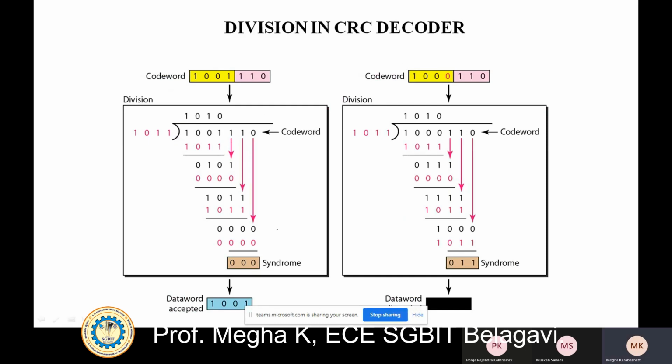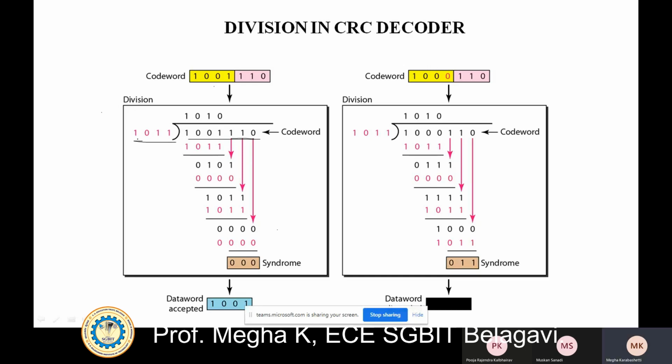Similarly, you can see the performance here at the decoder, the same as the encoder. In the receiver, what happens here? The same operation is performed. I have received the code word, and what was the code word? 101001 110. And what is this 110? This is the CRC bits added by the sender. Along with this code word, the sender also sends the generator polynomial key bits. So once again the same operations are performed here.